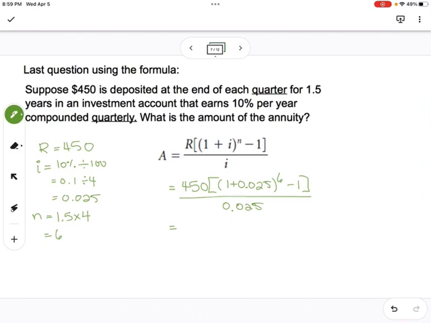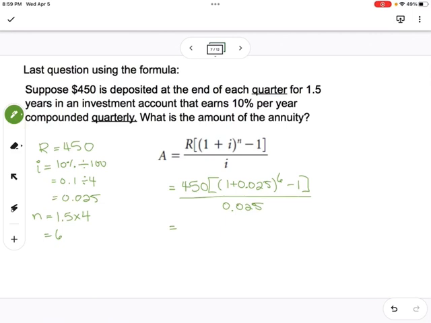Okay, so all of this can be put in your calculator. You don't necessarily need to write out all the steps, but you are more than welcome to. But in my calculator, I'm going to do brackets first, so the 1 plus 0.025, so 1.025, and that's going to be to the exponent 6. From that, we subtract 1, and we're going to get